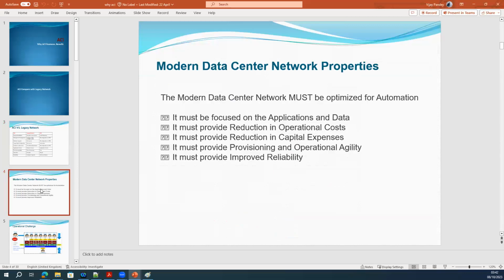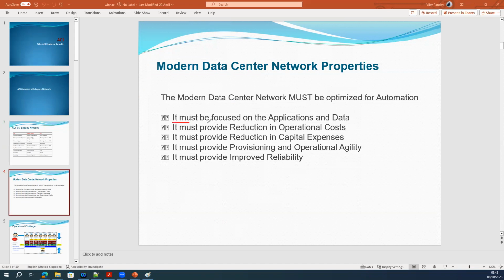What is the modern data center requirement? Suppose you have 365 applications, right? And you have a data center which needs to be integrated with the cloud. What is the modern data center required to do? When you design a data center, the requirement 10 years back was something else. Now after 10 years, the data center requirement is something else. And after 10 more years, the requirement will be something else. What challenges do we face with that?